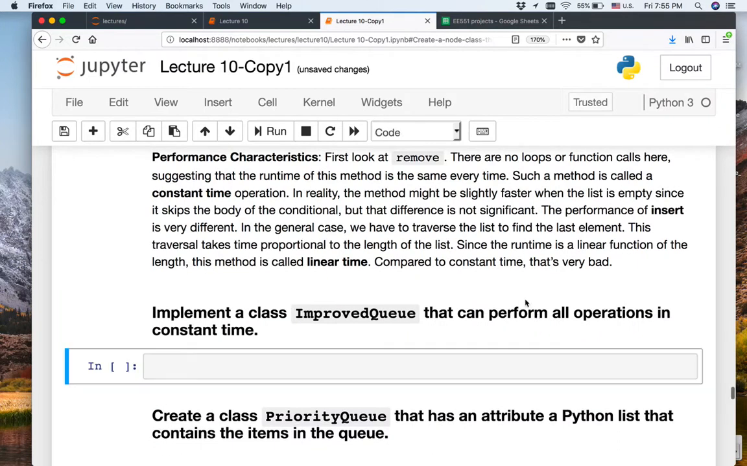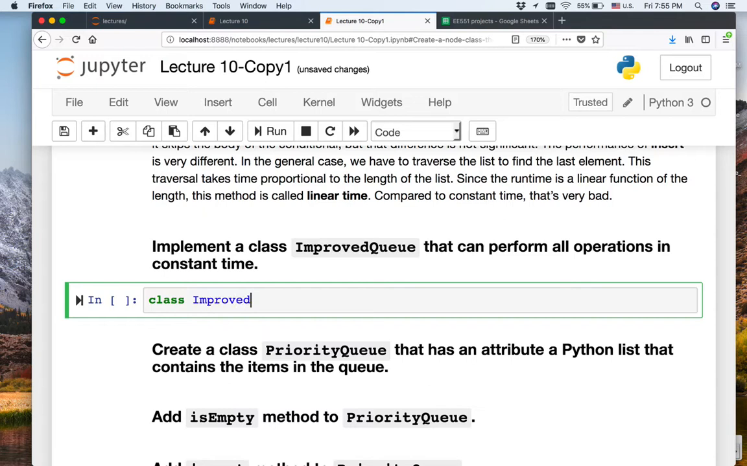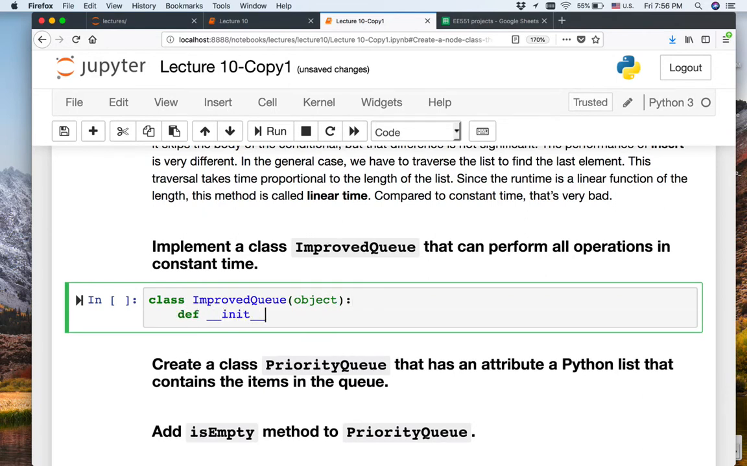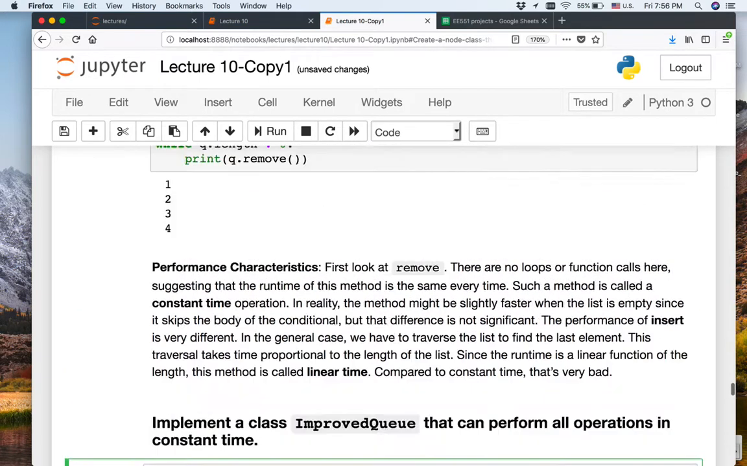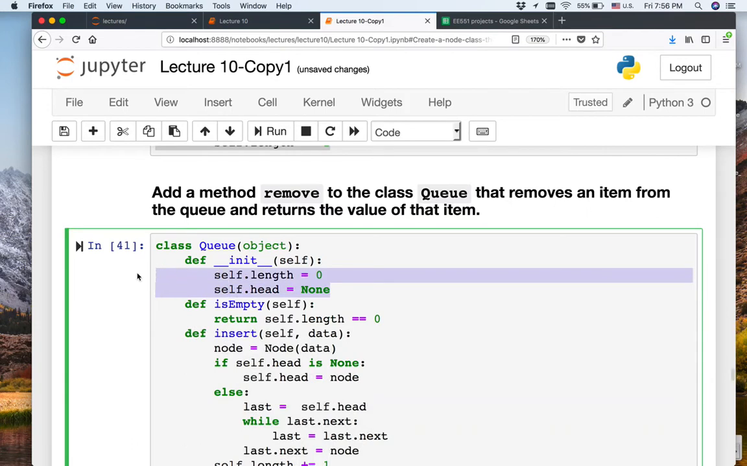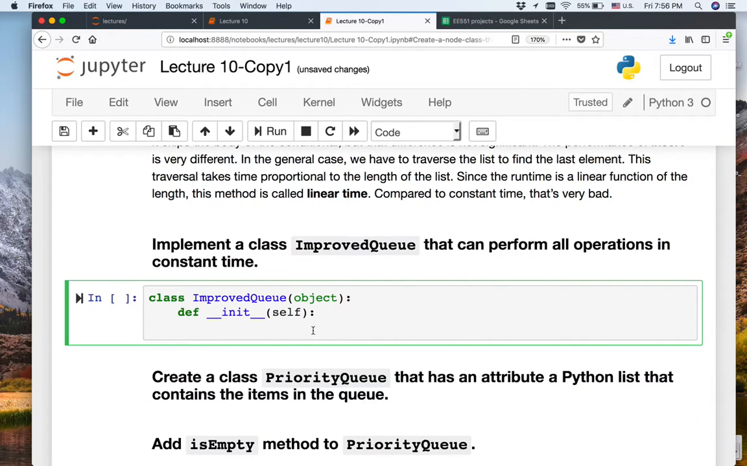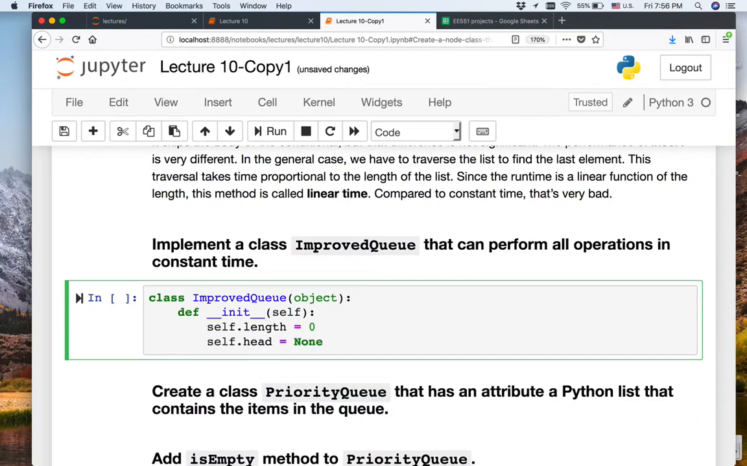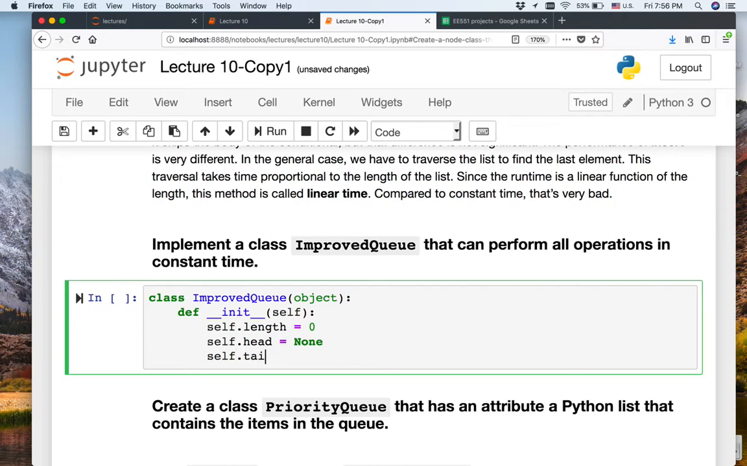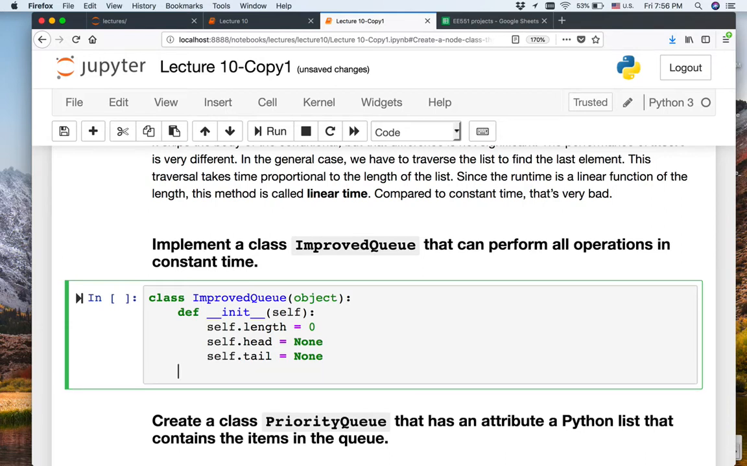So let's call this, any ideas? So what did we have for queue? We had this. Any ideas? Exactly. Yes. So we define self head. Why don't we also define tail, right? And now when we insert, we just move the tail and just add it to the tail. So for this,